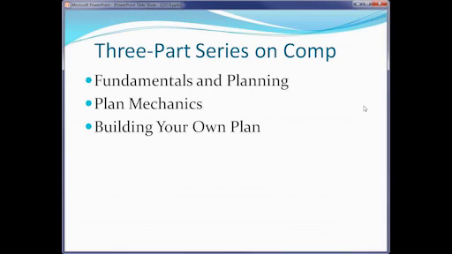The second session next week, we're going to talk about plan mechanics. That's going to be a session where we're talking more about the numbers and how we calculate the numbers, and how to go about the beginnings of designing the plan in detail so you know who's going to be paid what and how. And then the third week, we're going to get into the real detail. We're going to get right down to showing how to come up with the right numbers for your people, for your company, so that the plan can work properly and so that you can avoid the mistakes that people make when they put plans together when they do it infrequently, as most of us do.